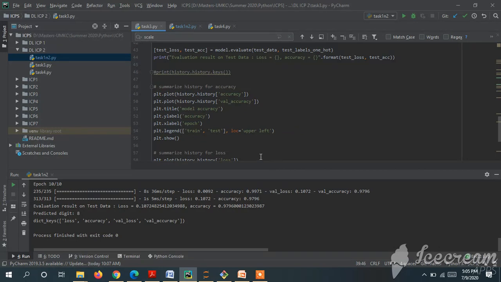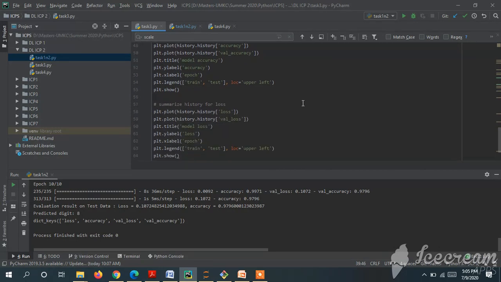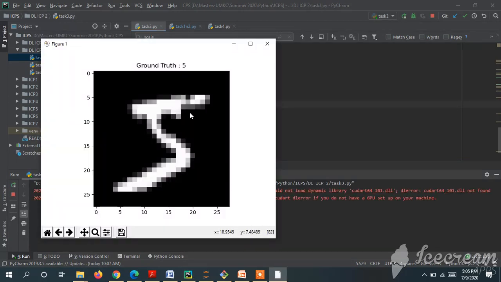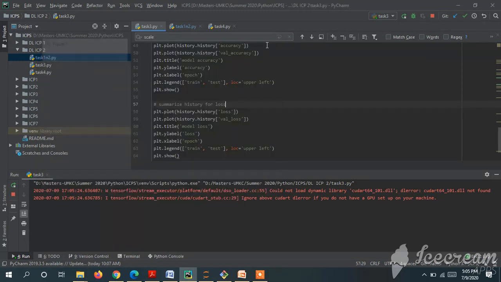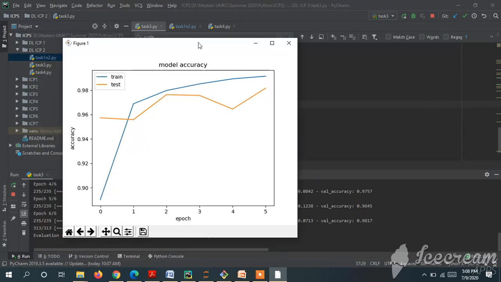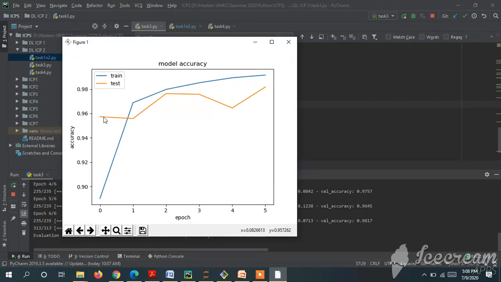See here, based on the given index, it is reading this image which looks like 5. Here we are displaying the image also with the predicted value 5. This is the graph we are plotting for the accuracy. If you see here, the train data remains the same as before. It is showing the accuracy up to 98, which is reduced compared to the last graph, and the test data is performing a little bit more accurately.